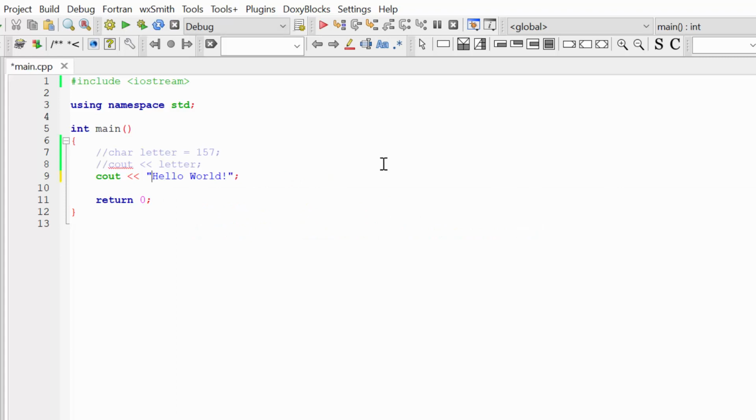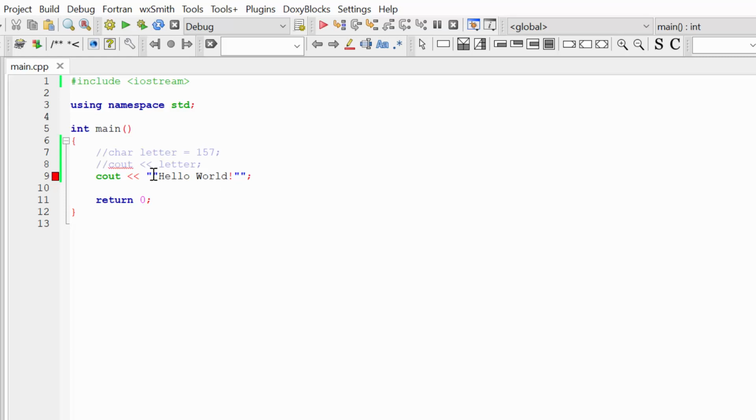Another problem you can think about is, what if I want to type quotes to my console? What if I want to see hello world in my console with quotes? If I try to include quotes inside of the quotes, you can see that now I have very strange code, and if I try to build and run it, you will get an error on this line. The compiler can't understand what hello world is, because you have one string here, one empty string here, another empty string at the end of the hello world, and something strange between them.